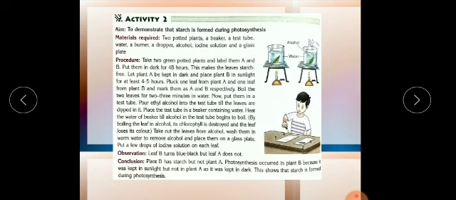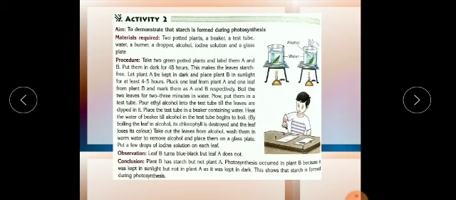Decolorization of chlorophyll means all the green part will come into the water and our leaf will become pale white or non-green. Okay, so then we have to take out the leaves and wash them with warm water to remove alcohol and also to make the leaf soft, as I said. Okay, so you can write that point also, to make the leaf soft and to remove alcohol. All right, and then put a few drops of iodine solution, the last step the boy is doing.